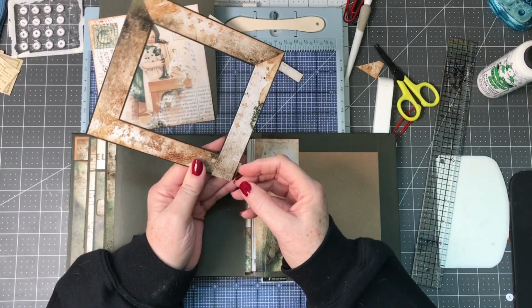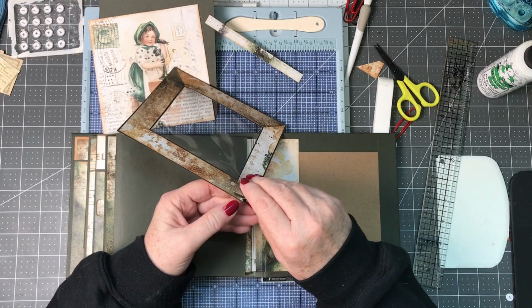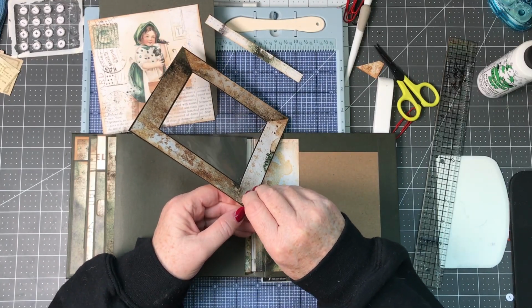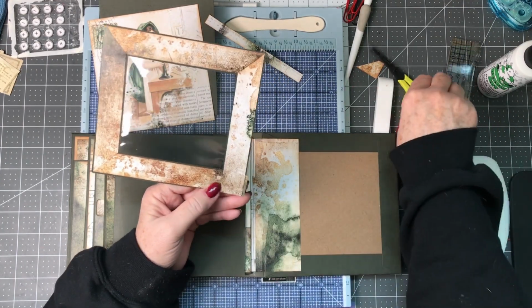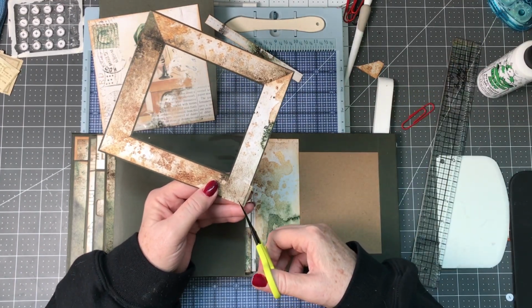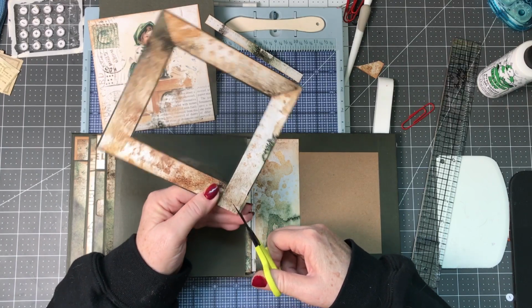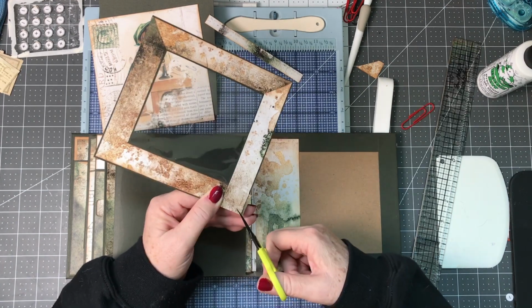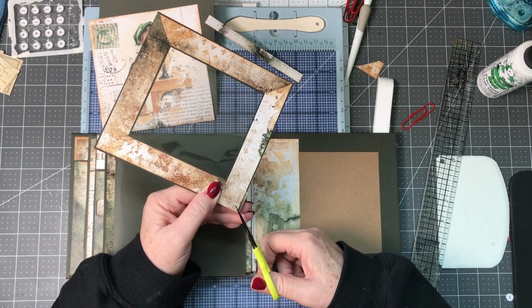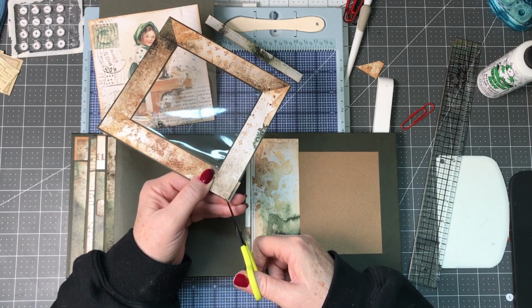All right, let's do this one on this side, and then we've got them. Ugh, these are just sticking. I don't know why. Because I'm on camera, that's why, right? There we go. So then I'm just going to take the corner of my frame and I'm cutting from the